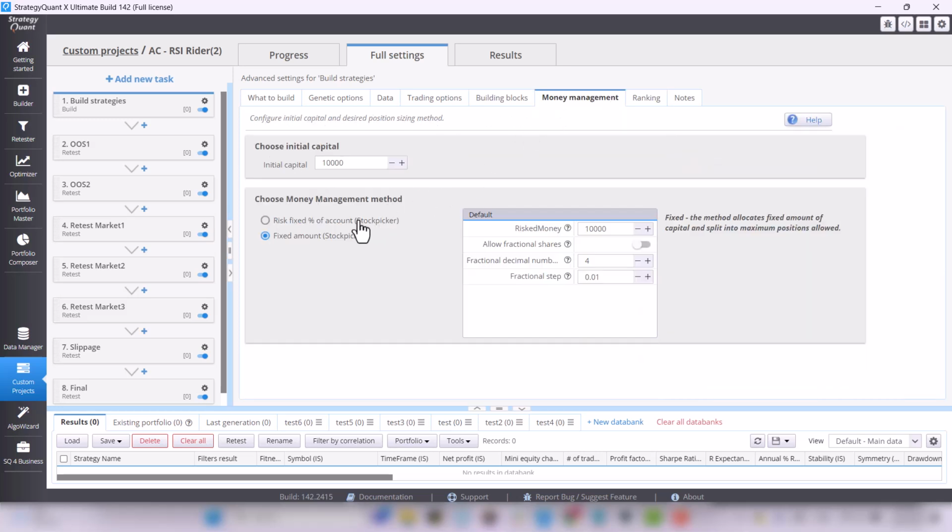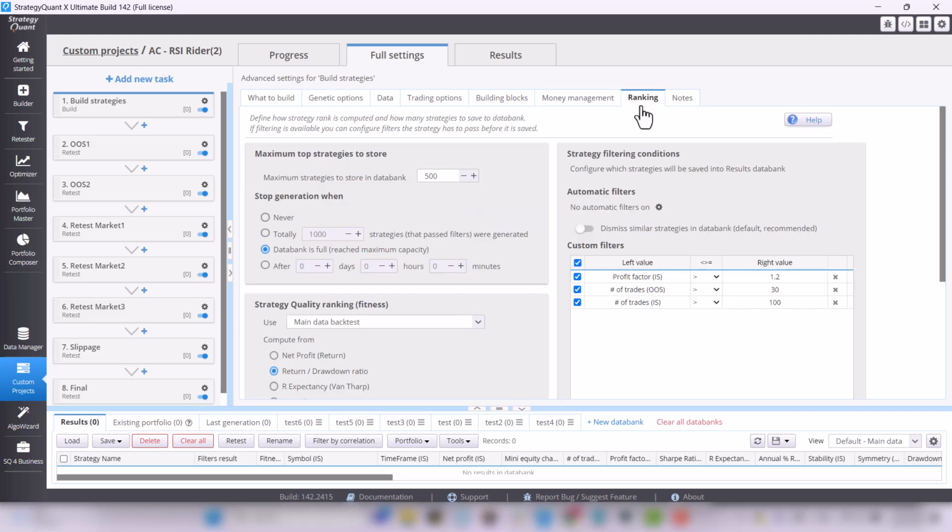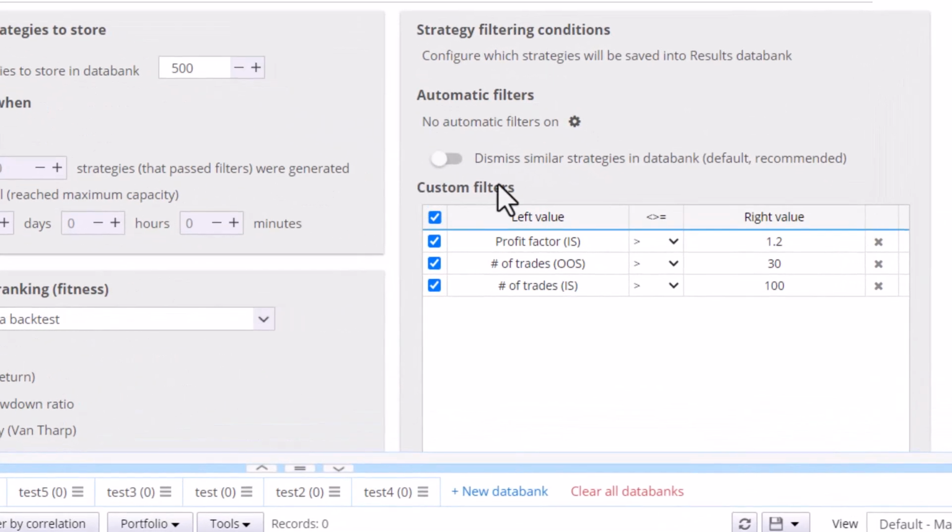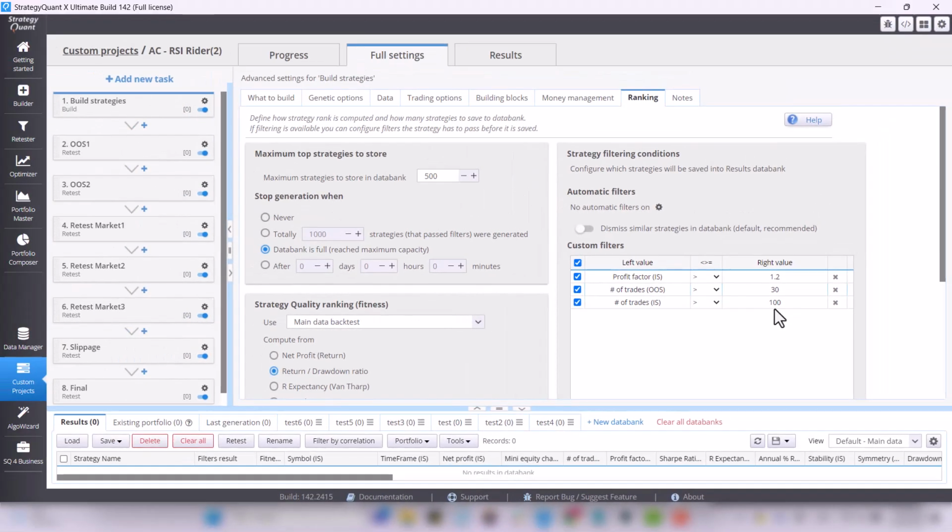Under money management, we change the settings to fixed amount, leaving the capital at $10,000. Under ranking, you can see, among other things, custom filters that are set so that strategies are profitable on in-sample. We want at least 30 trades in out-of-sample and at least 100 trades in in-sample. That's briefly to set up the build.